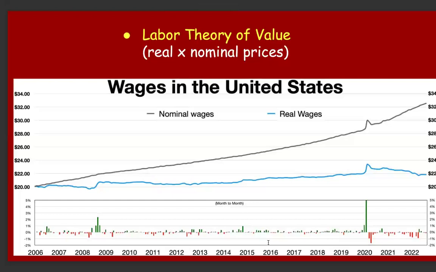Okay, very last point. He makes this distinction between real and nominal prices. The only thing you need to understand here is that there's a difference between the nominal wage and the real wage, right? In other words, the labor theory of value tells you that the price is proportional to, or a function of, the number of hours that people have worked in order to produce that thing. Fine. So prices are proportional to labor. That's okay.